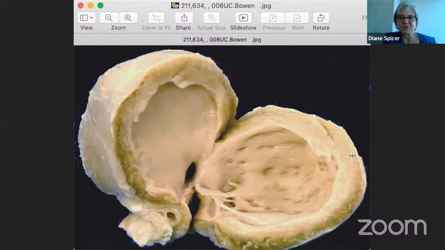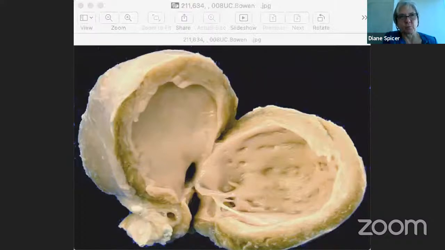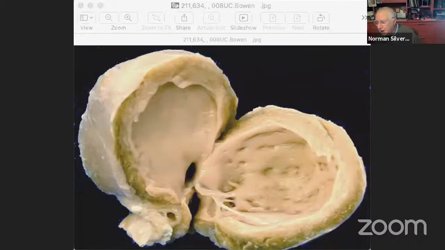I have a couple of hearts, Norman, that look very much like this. And one fetus was even delivered urgently at 31 weeks because they were watching the aortic valve. And once it became atretic, they immediately delivered that baby. But I have it in my collection. I probably have it in my collection too, Di.